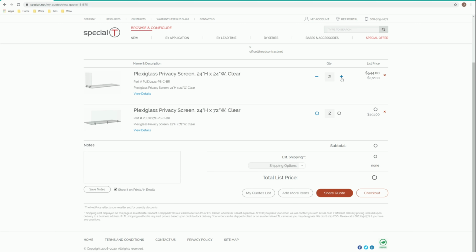Once you get the quantities accurate as to what you're looking for, you'll notice that every time we do this, it increases the shipping cost. That's because screens from Specialty do not ship free like tables do. There will always be a freight charge for screens, so please make sure that these quantities are as accurate as possible. Once the quantities are accurate, you can add shipping options such as maybe a delivery notification, and then your